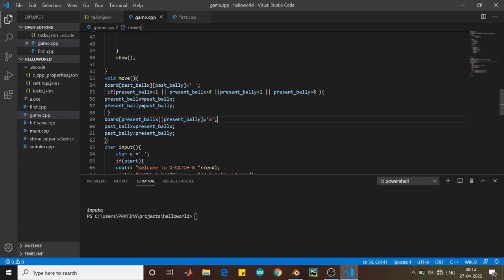And when we took input we changed the present ball x or present ball y, and as we change that we have to put again an O. This will shift it to the new location the user has given input to. And as we pressed left, present ball x changed, and now present ball x and present ball y are set. So the new position of O has been decided, that is shifting one place left, and we have kept both of them as past ball x and y as we did in that board look.